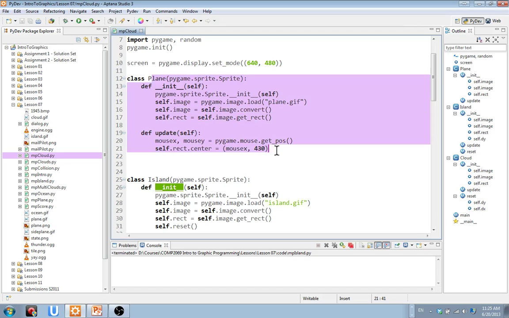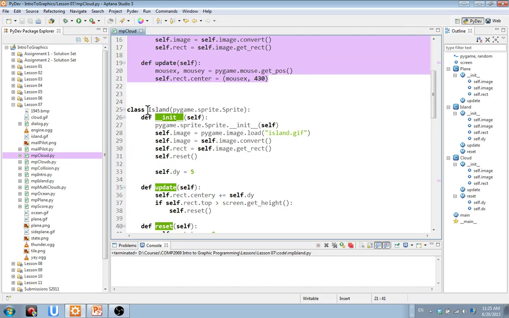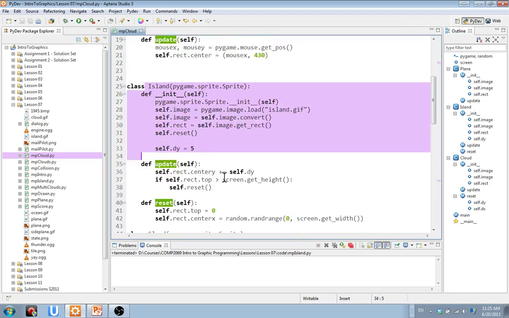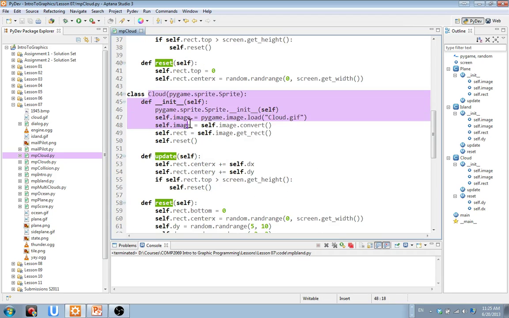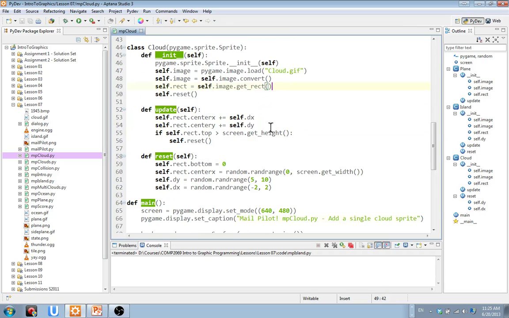Again, we have our plane sprite. We haven't changed that one. Our island sprite, same. And now we're adding our cloud sprite. So we're doing the exact same kind of thing with this one. We also have a reset function for this class